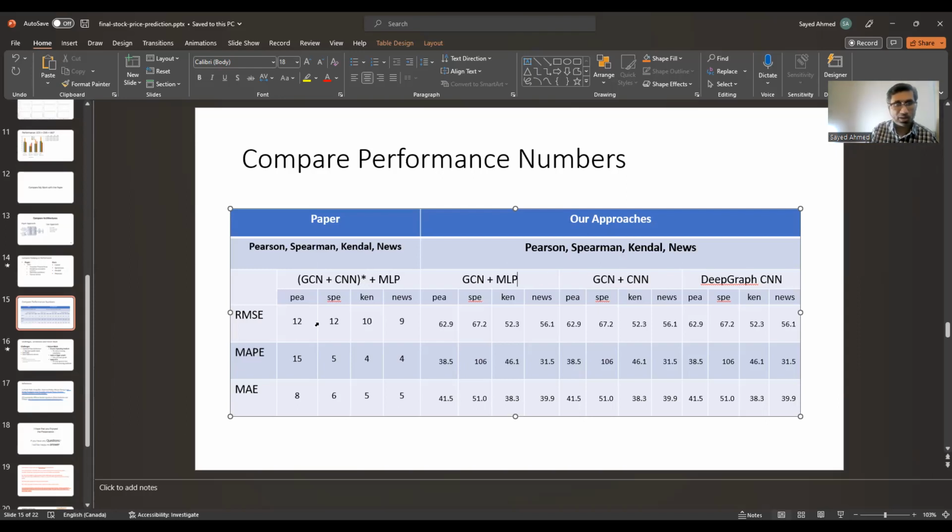These are my numbers. I think I sort of took it from their images, plots. It may not be exactly correct, but it will very closely reflect. It is 3 time steps. I took it from there. And these numbers, yes, Pearson, Spearman, Kendall, News, this architecture.